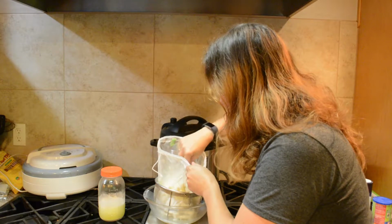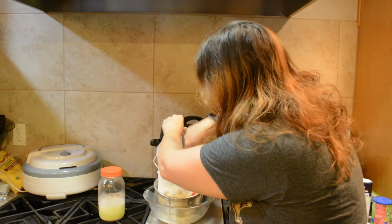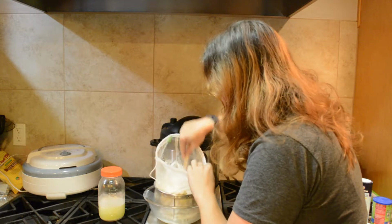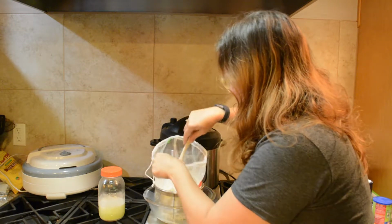Okay, so I've had this in the refrigerator and I've been straining it, and now I'm moving it around a bit just to try and get a little bit more thickness to this. And this is something you can do to taste. So if you like